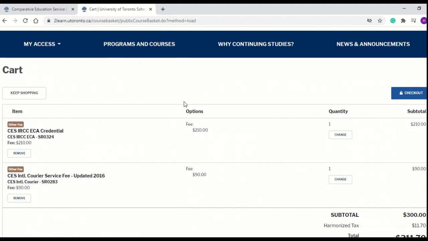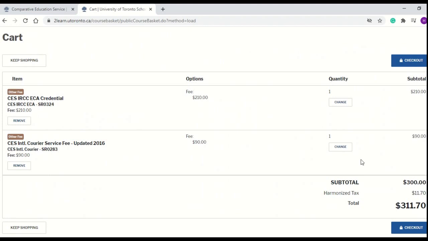So guys, after you click on submit application, it will take you to the payment page wherein you need to do the payment. You see I added only one degree for myself, so $210 is here, and then the additional courier fee is included, so it totals to $311.7. And if I click on checkout, it will take me to the payment page where I need to do the payment. And remember, in the beginning of the video we saw that only credit cards are accepted. No payment will be allowed with a debit card. Use your credit card and do the payment.